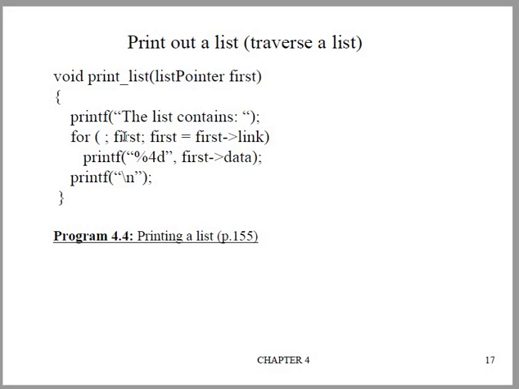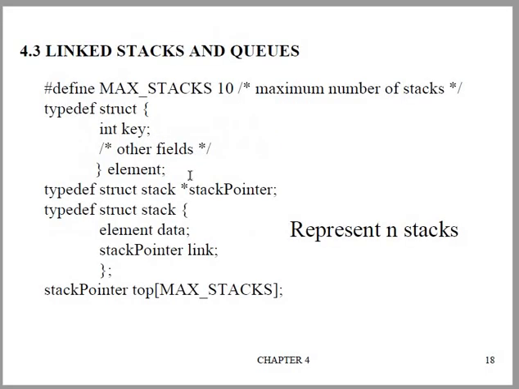When we keep on doing first equal to first link, at the end first will become null. When you reach the last node, that time we are going to terminate. Till that time all the data will be printed one by one. To print the data of the content where first is pointing to presently, every time it will fetch the next node address. First data we are going to print. So we'll keep on repeating till you reach the end of the linked list.